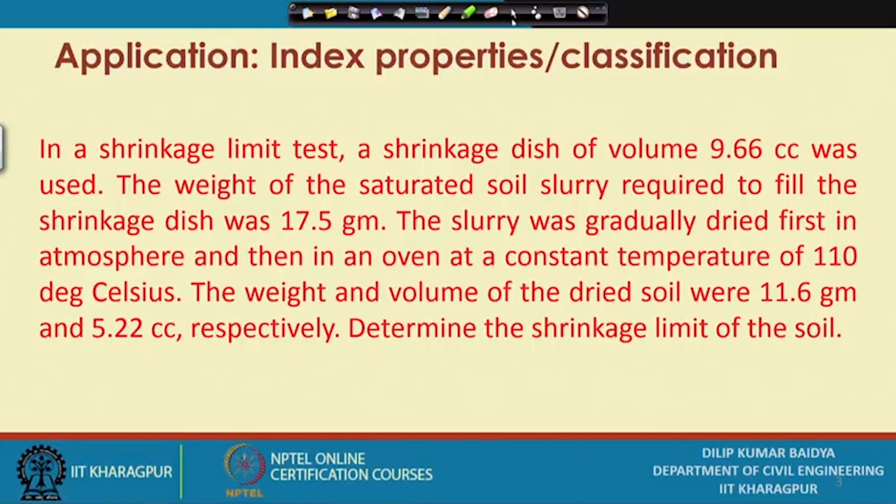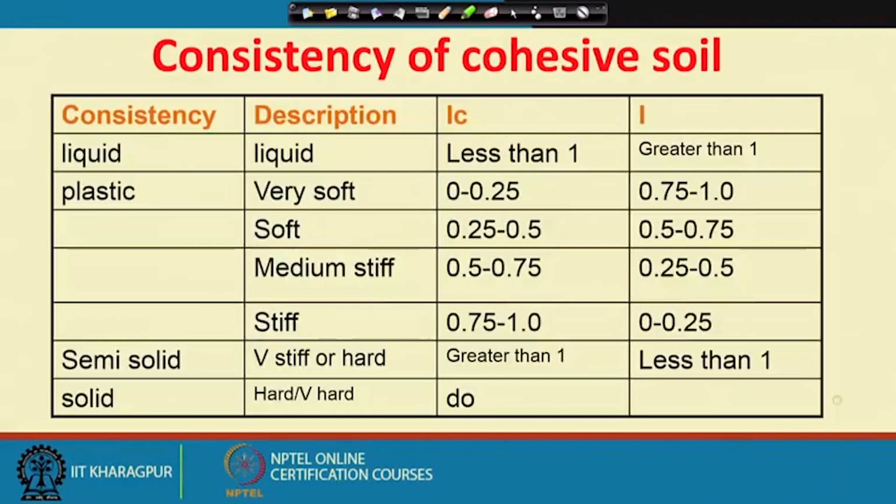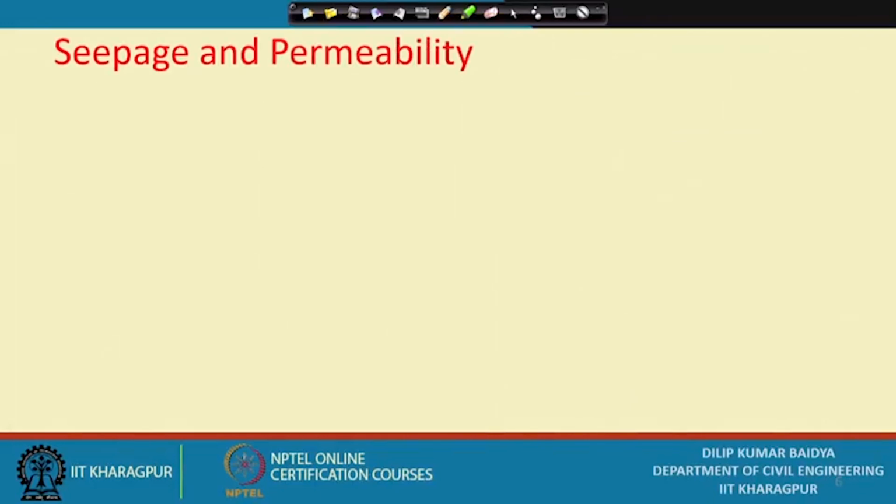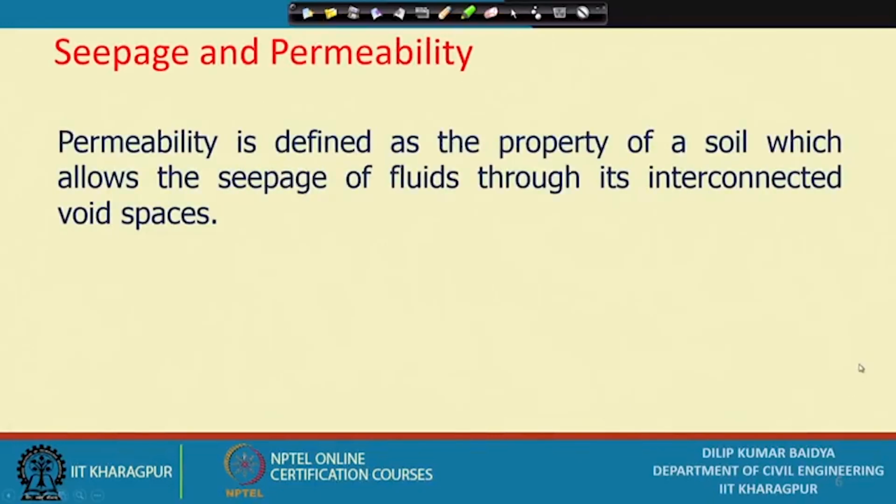Now, I will resume your seepage and permeability topic. Let me go to that, seepage and permeability. So, the definition of permeability: permeability is defined as the property of soil which allows the seepage of fluids through its interconnected void spaces,